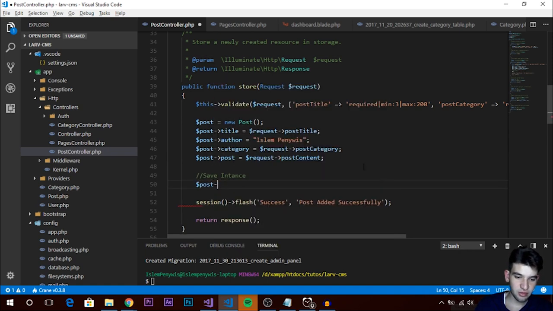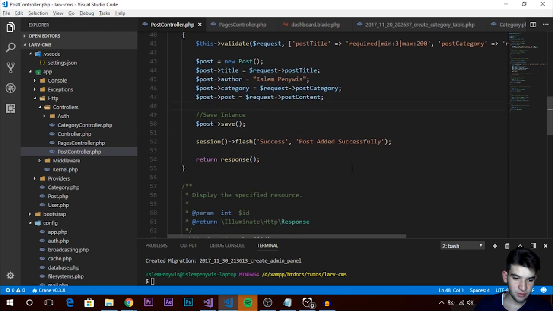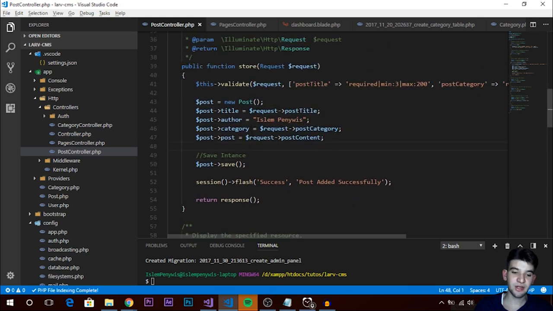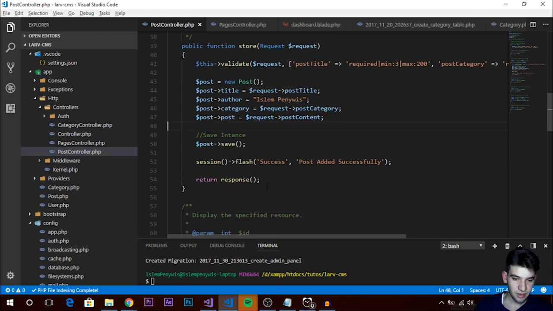We haven't saved the post, so just call the post save method and it's going to be saved for you into the database. This is all we need to do for now. The timestamps, the created and the updated, are going to be filled out automatically by Laravel, so you don't have to do anything. And here we should call response, and we should call it back, like goes to the last page